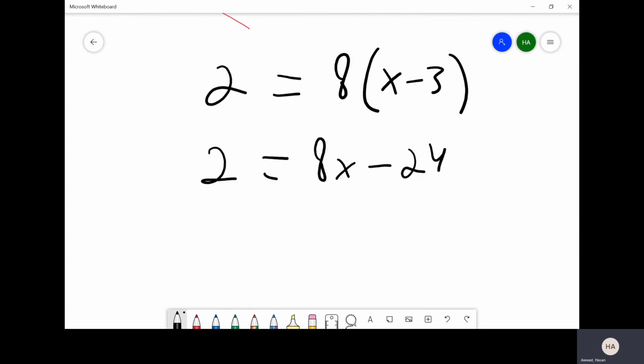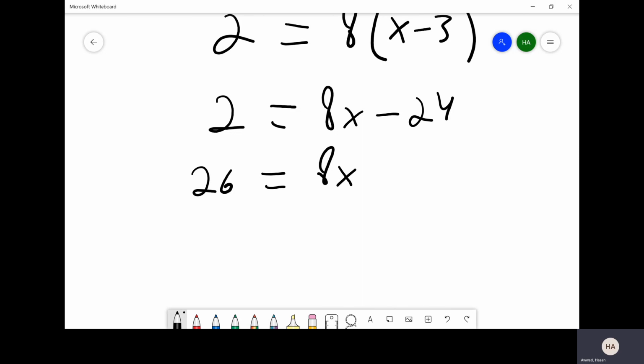Okay, we're still trying to isolate our variable here, so we're going to add 24 to both sides. We get 26 is equal to 8x. And then we're just going to divide by 8, right? So dividing by 8, we get 26 over 8